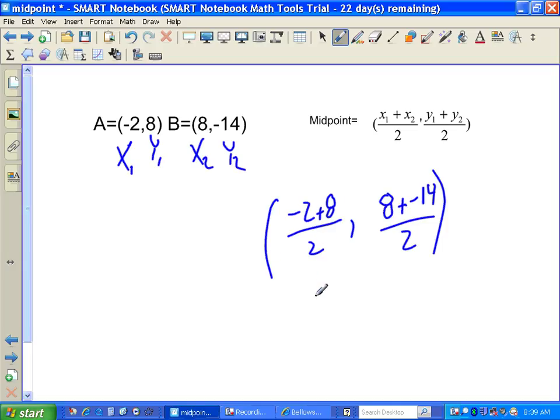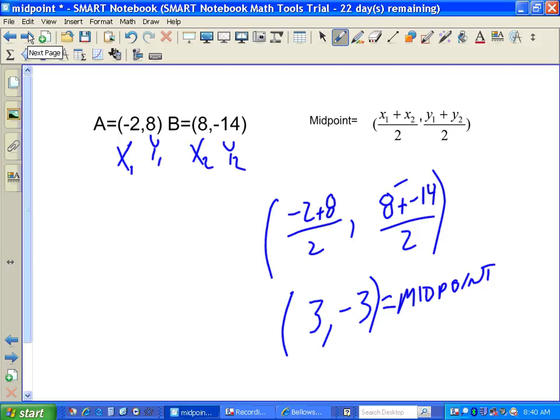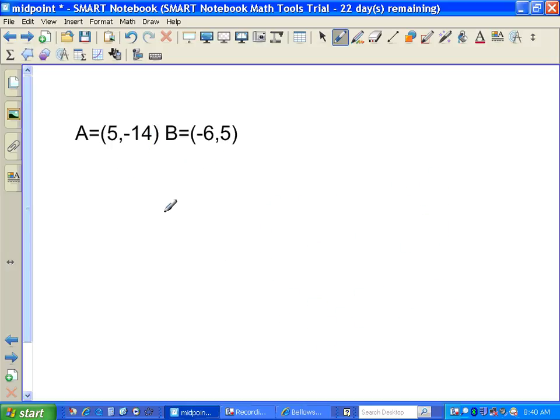-2 plus 8, that's 6. 6 divided by 2 is 3. 8 plus minus, I'm not a big fan of the plus minus. I would just make that 8 minus 14, just -6. -6 divided by 2 is -3. Okay, midpoint, done. Add the coordinates up, divide by 2. Average of your x coordinates, average of your y coordinates. Got it? All right. You work through this one